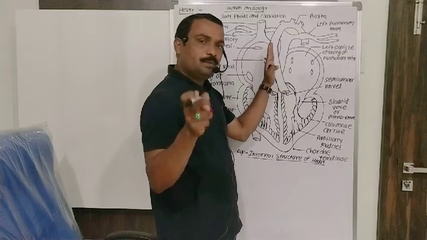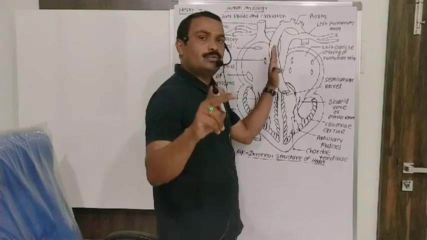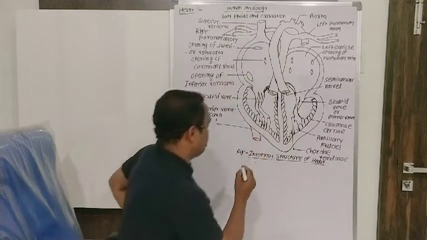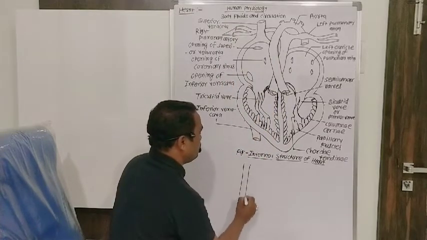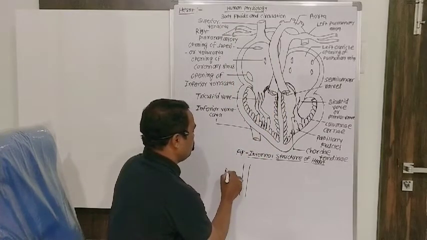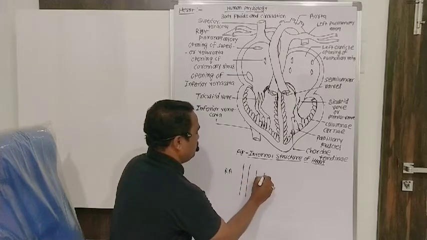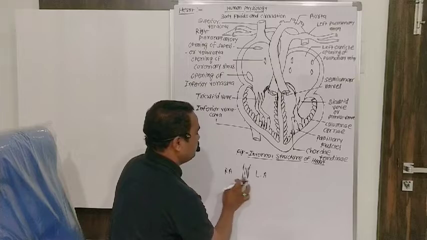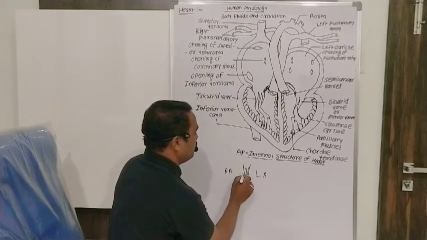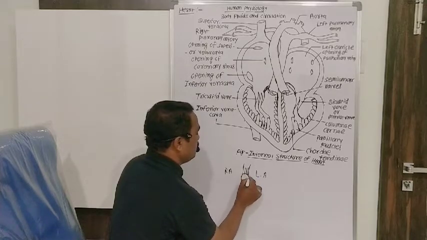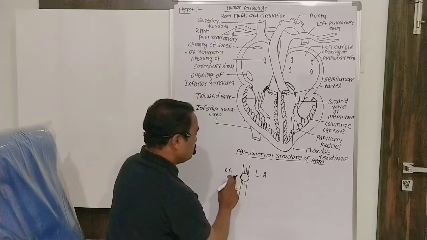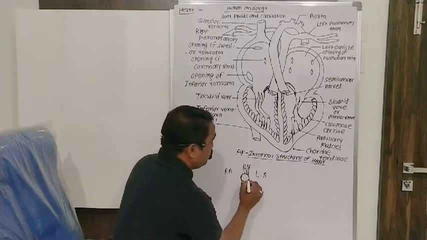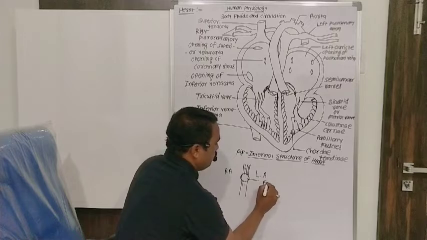interatrial septum or interauricular septum. Okay, this is the septum present between the right auricle and the left auricle. But during the embryonic condition, what happens here? The opening present on the interauricular septum is called the foramen of